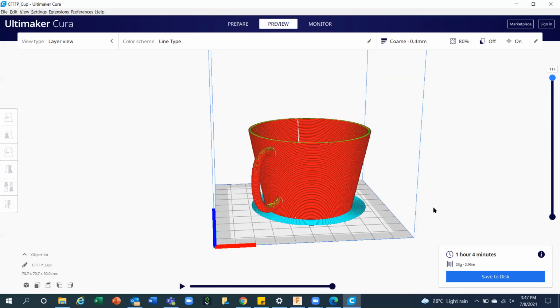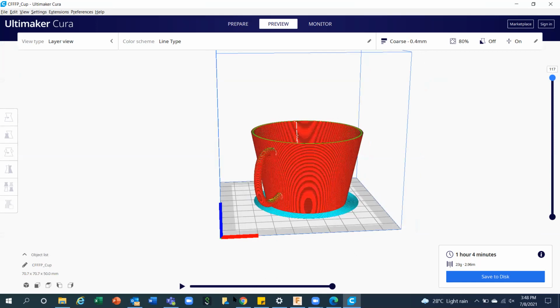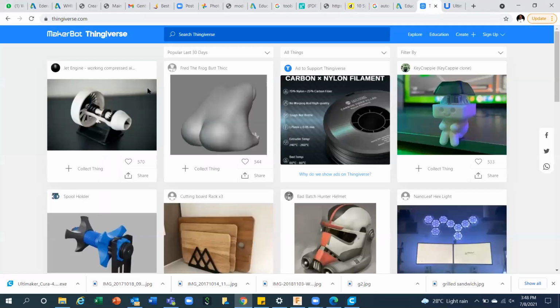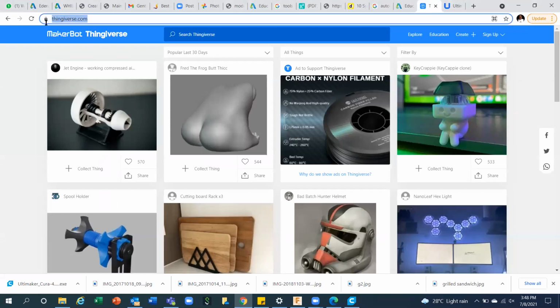And then you can export the G-code file, give this G-code file to the 3D printer, and it will 3D print your object, and you can start using it. In case you are facing any difficulty creating a design, because many of you are new to this technology, I'm pretty sure after some days you will be very comfortable. But if you want to perform 3D printing with any of your machines, I would recommend one of these sites where a lot of 3D printing STL files are available.